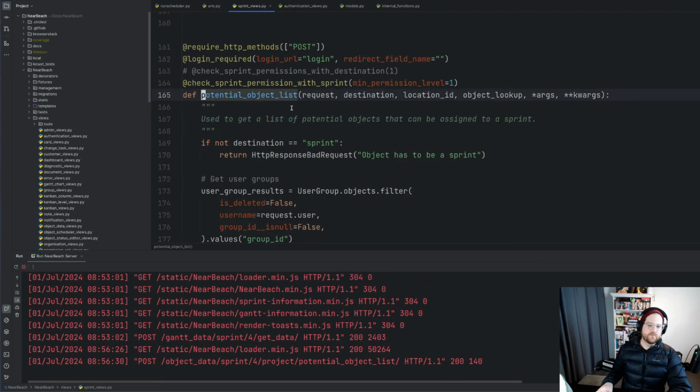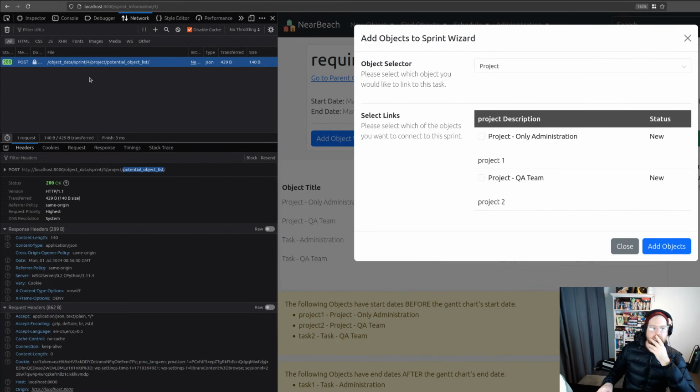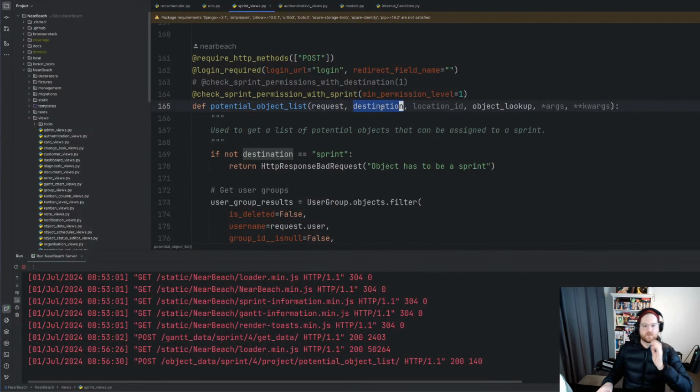We actually go to that implementation. Here it is right here. Now, the one problem is object data sprint. So if it